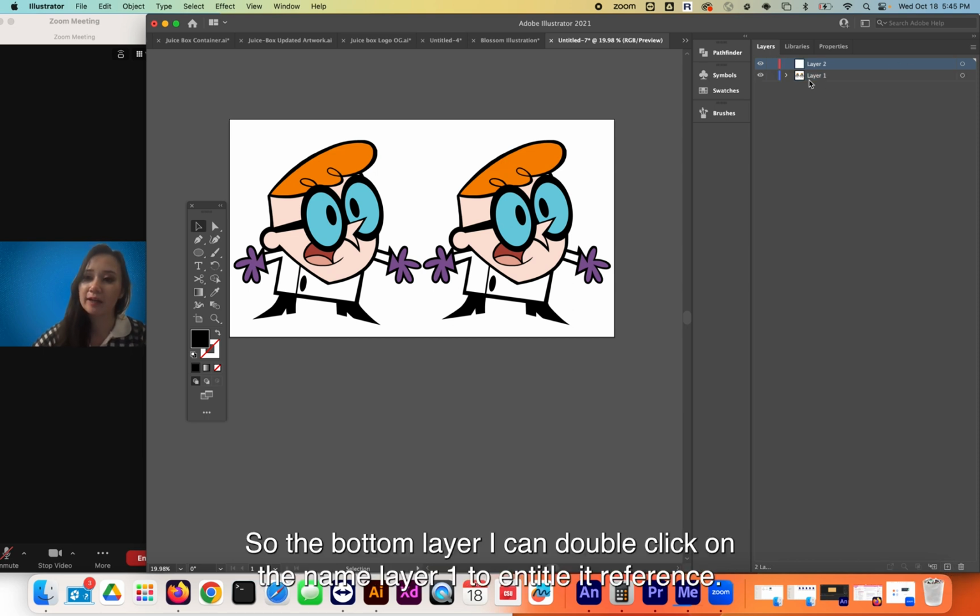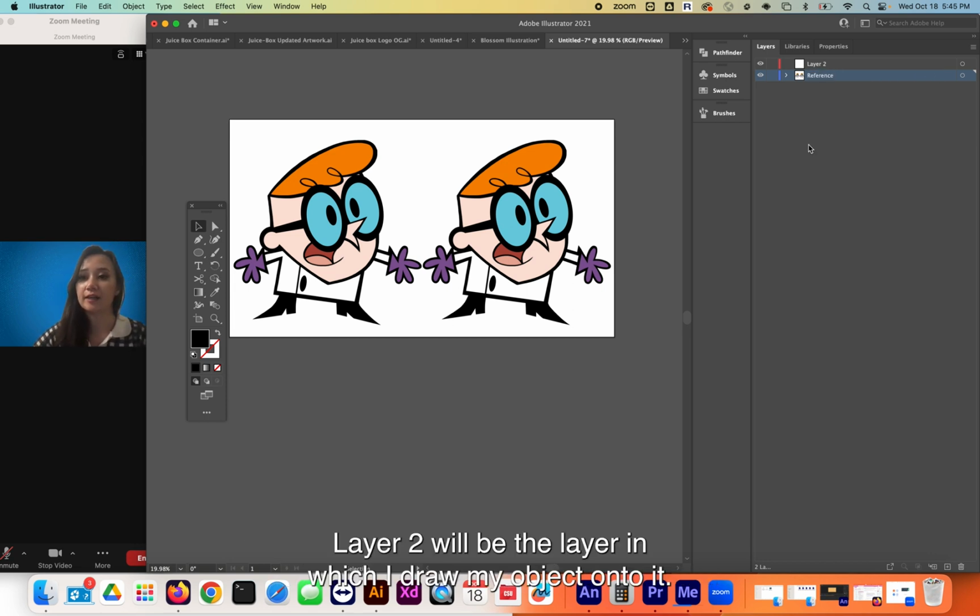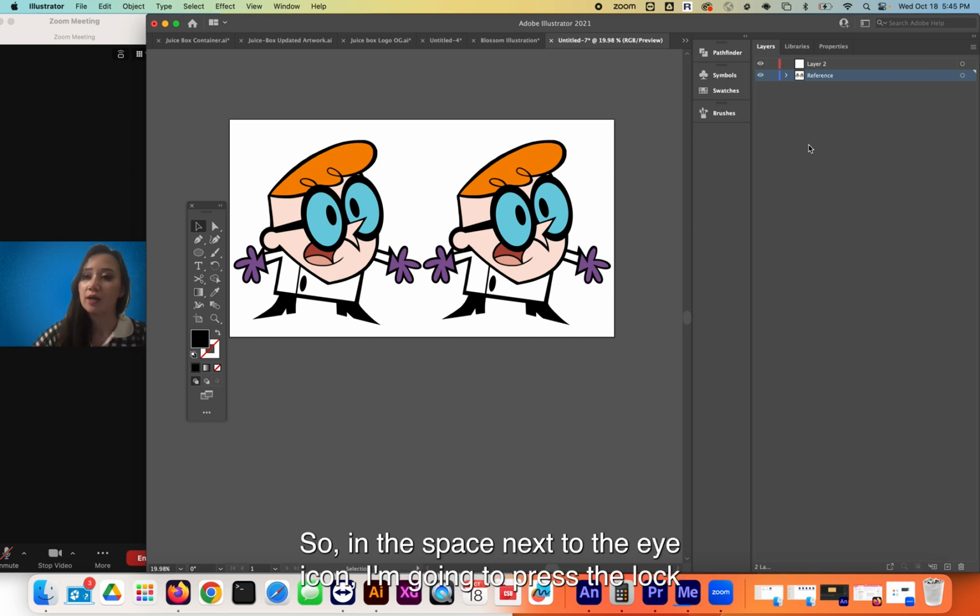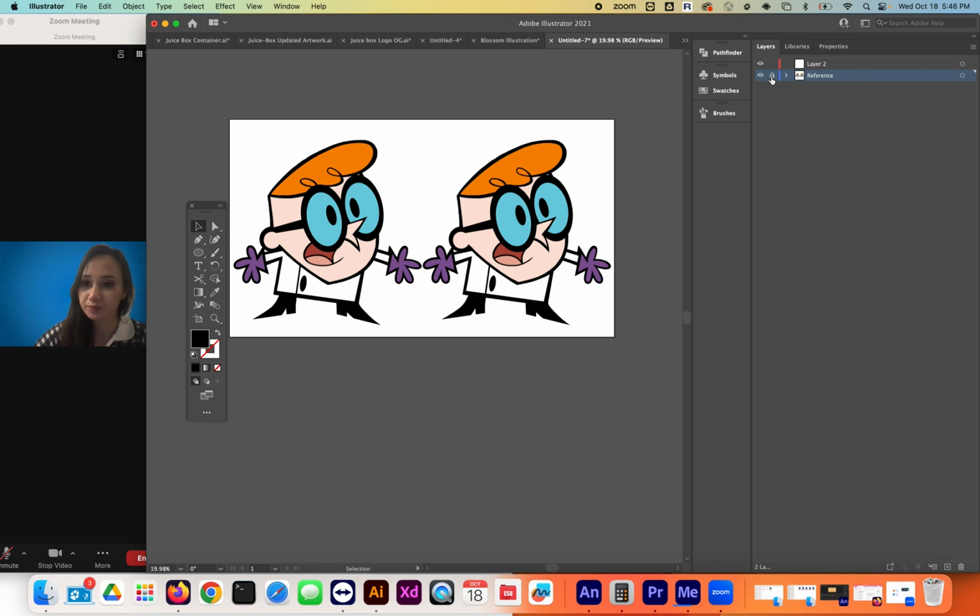So the bottom layer, I can double click on the name Layer 1 to entitle it Reference. Layer 2 will be the layer in which I draw my objects. So in the space next to the eye icon, I'm going to press the lock and I'm going to select